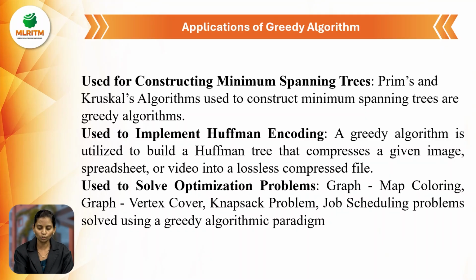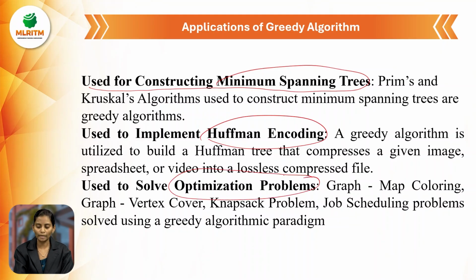So in order to do that, we go for a spanning tree, as well as Huffman code, as well as optimization of a problem. In a spanning tree, the best example is traveling from one place to another place. Just now I have told you that. Whenever we are supposed to travel from one place to another place, we will choose the best path. Best path in the sense that we consider some priorities, like time and distance. We consider both,